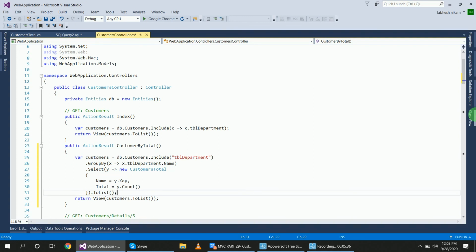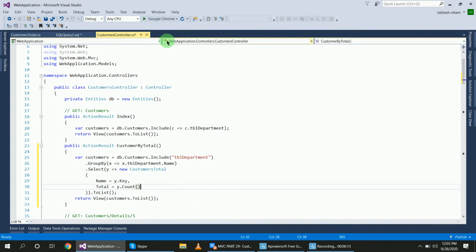My method is complete. I included tblDepartment because I want the department names from tblDepartment, grouped by name, and then selected the total from the CustomersTotal class. The key comes from tblDepartment, so y.Key, but total is not a key. We want the count, so y.Count() and ToList.